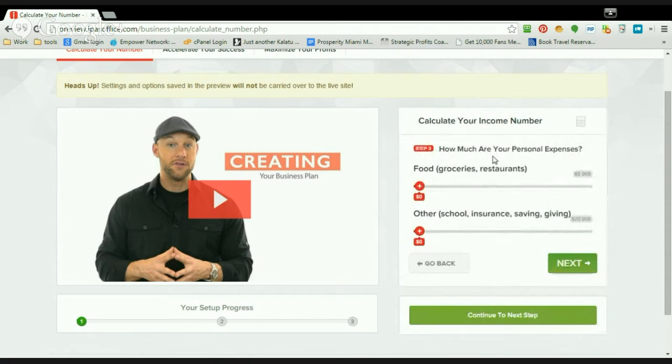Now, how much are your personal expenses? How much are your food, your groceries, your trips to the restaurants? And your school insurance, saving, giving? So groceries, restaurants, I plan on being out a lot. I'd way rather have other people cook for me than have to cook myself. So we're going to say $2,200 a month. Should cover all groceries and restaurant trips, considering I'm not much of a McDonald's person. I tend to be more of a super high-end maitre d', the whole 9 yards. So